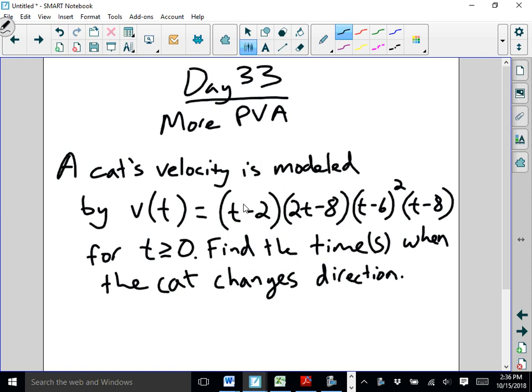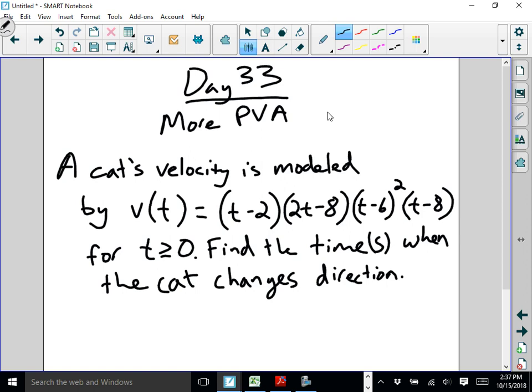It says a cat's velocity is modeled by v of t equals (t minus 2) times (2t minus 8) times (t minus 6) squared times (t minus 8) for t greater than or equal to 0. I want you to find the time or times when the cat changes direction. Okay? So again, anytime they're asking you about something changing direction, we got to know it's